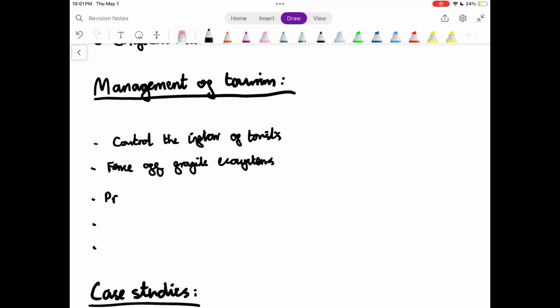Next is to prevent development of buildings in natural areas,